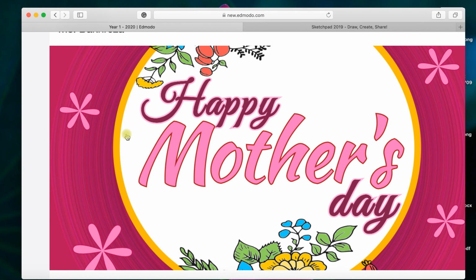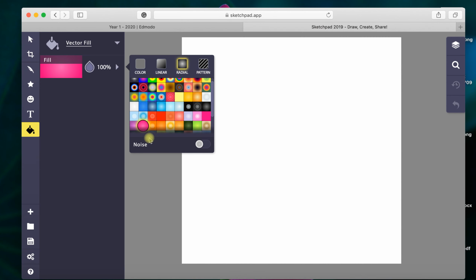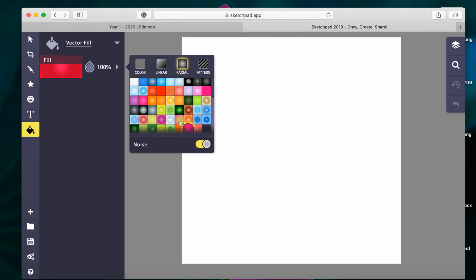And if you are going to make something like this, the simple thing you're going to do, you want to choose the color, you see at the bottom of the menu, there is noise. And here is the off indicator. And we're going to click this one. It will make the effect. So you can choose any color you like. Okay, for example, I'm going to choose this one, and this is off the noise, and this is on the noise. So once you're done, you click this arrow,